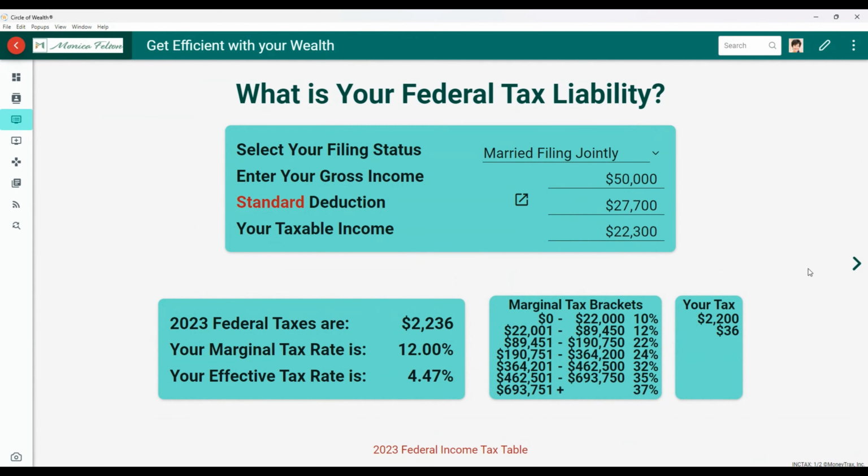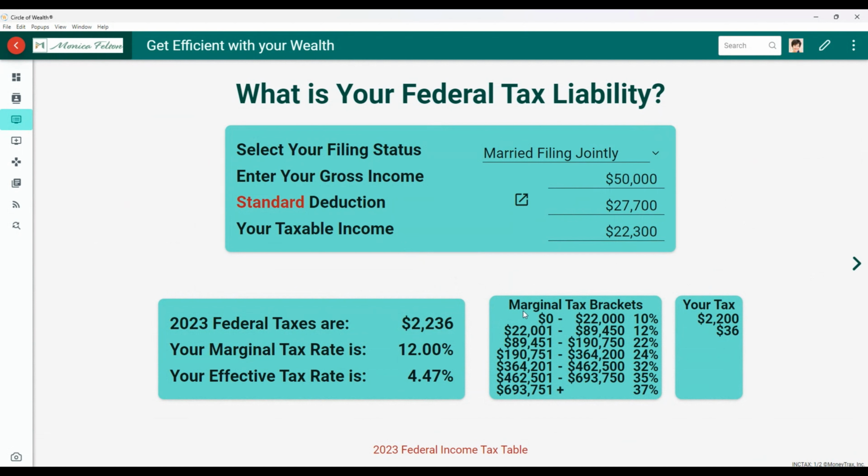All right. Liz and I had a conversation last week about expenses and how to make sure if you're going to spend money for your business, it's truly a business need. Because I hear all the time, oh, well, it's a deduction for my business. So I want to show you that if you're making $50,000 a year, and let's say you have $10,000 of business expenses. If I'm paying $50,000 a year, my taxable income is $22,300, and I'm paying